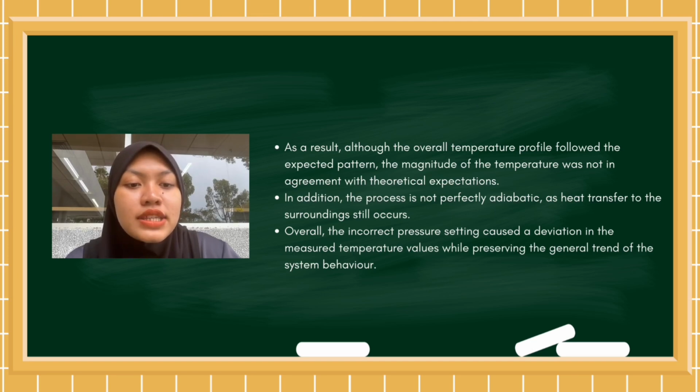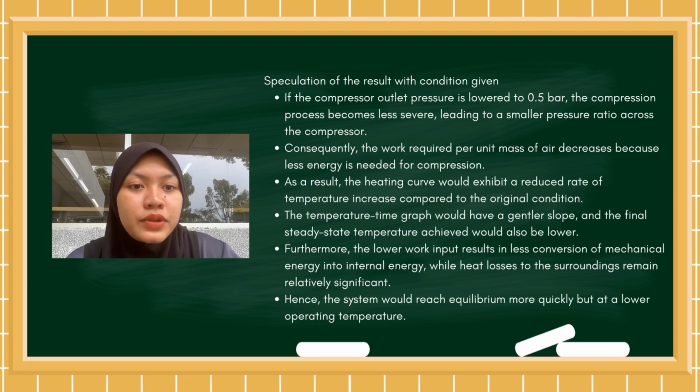In addition, the process is not perfectly adiabatic, as heat transfer to the surroundings still occurs. Overall, the incorrect pressure setting caused a deviation in the measured temperature values while preserving the general trend of the system behavior. The speculation of the result with the condition given, which is if the compressor outlet pressure P2 is